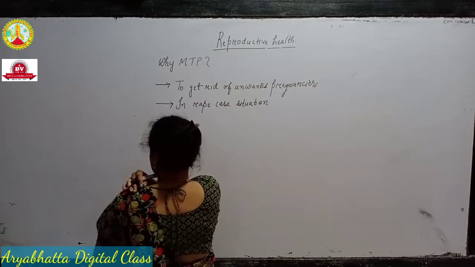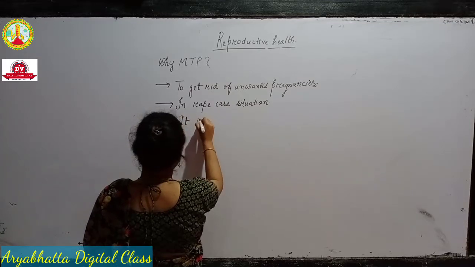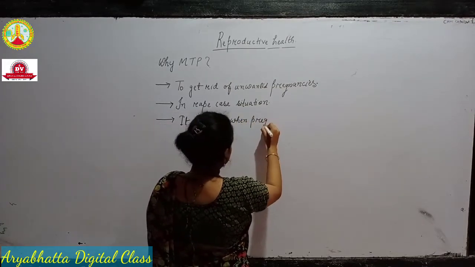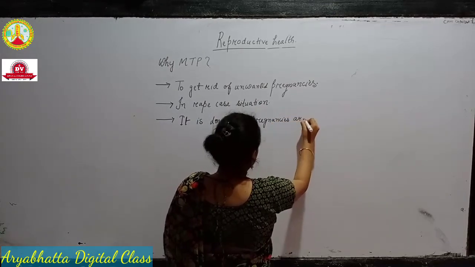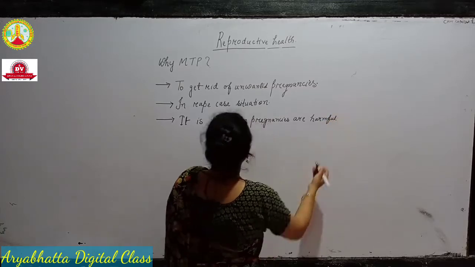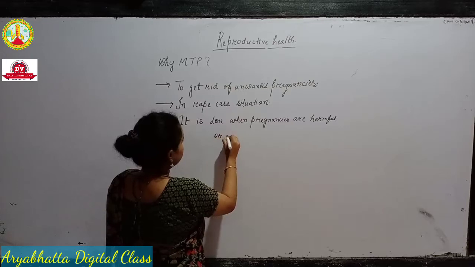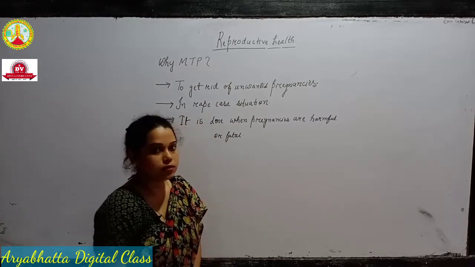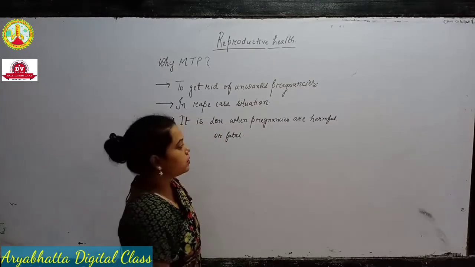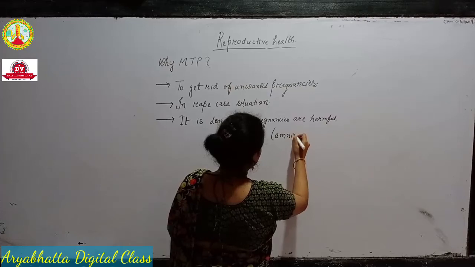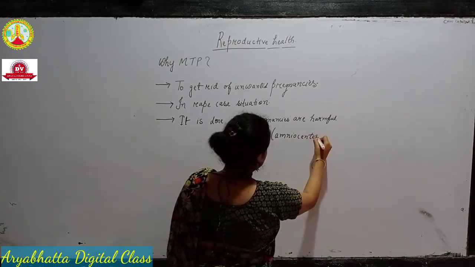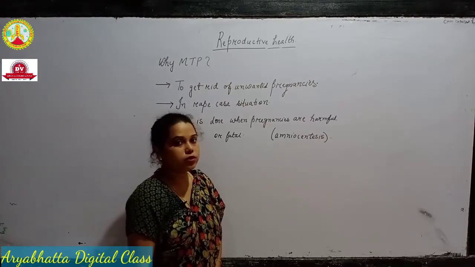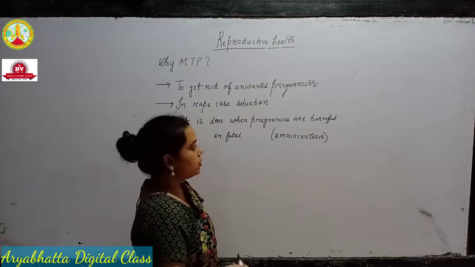So next comes, it is done when pregnancies are harmful for the mother. It is done when pregnancies are harmful or fatal. Suppose by performing some detection tests, such as amniocentesis. One method is amniocentesis. What the doctors or experts do in amniocentesis is take out the amniotic fluid from the pregnant lady